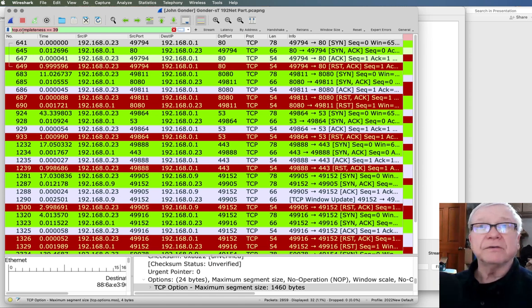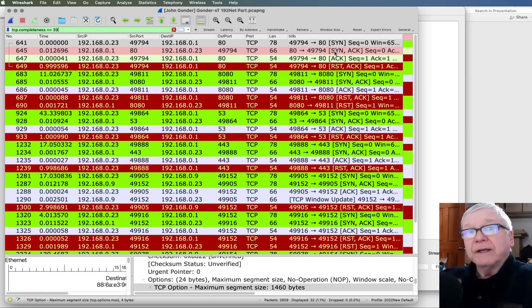I filtered on TCP completeness equals 39, and we can see here where there was a request, destination port 80, synchronization request, and from .1 from port 80 back to my local ephemeral port used for the request, an acknowledgement of my SYN request and a SYN also.